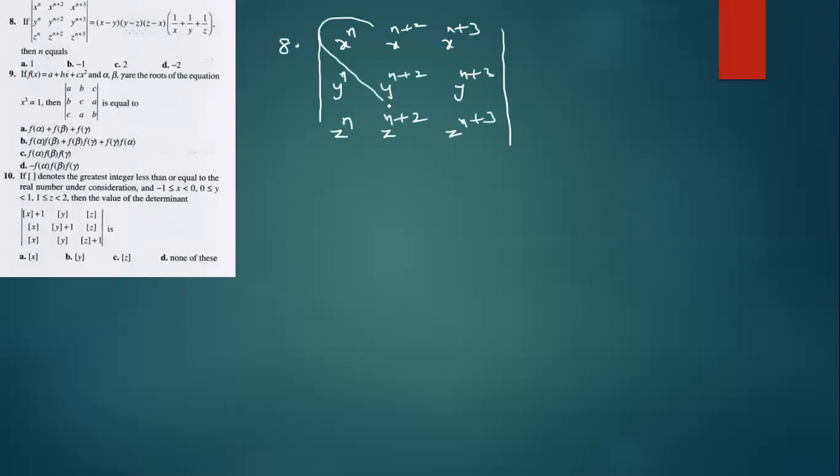So every time, dear students, this is the concept. I am focusing only on product of C. After expanding, we are getting some polynomial. That is degree of the given polynomial. But without expanding, what I'm doing is only product of the principal diagonal elements. How much is coming? X power n, y power n plus 2, z power n plus 3. What is the degree of this one? Anyone, dear students? Degree.